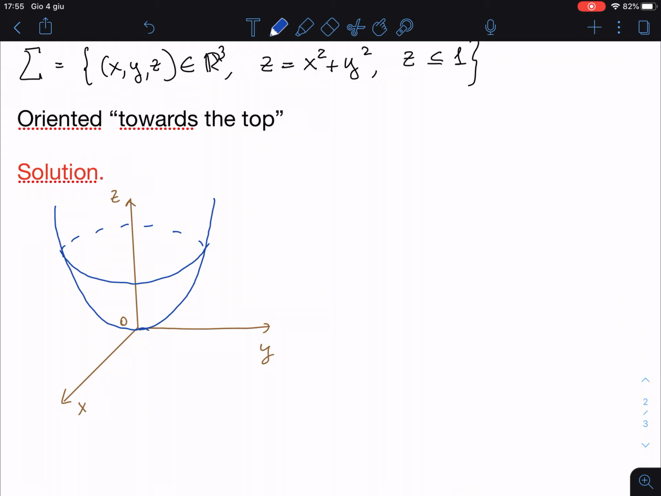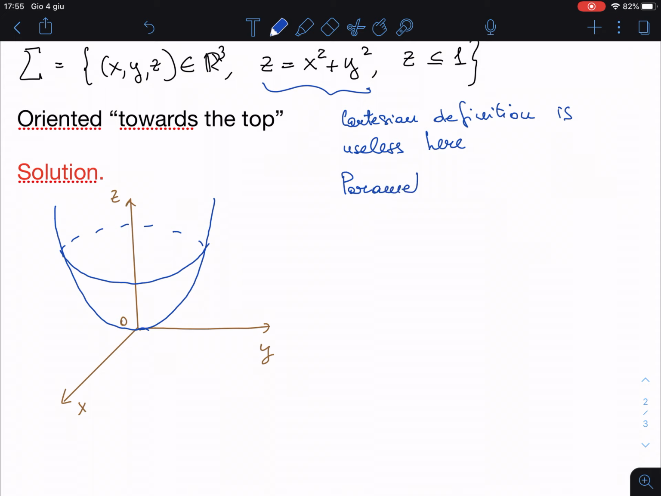So, first of all, this Cartesian definition of the surface is basically useless. Because it does not give us the orientation. So parametric definition, the parametric description, is much better. Let me try to understand why. First of all, what is